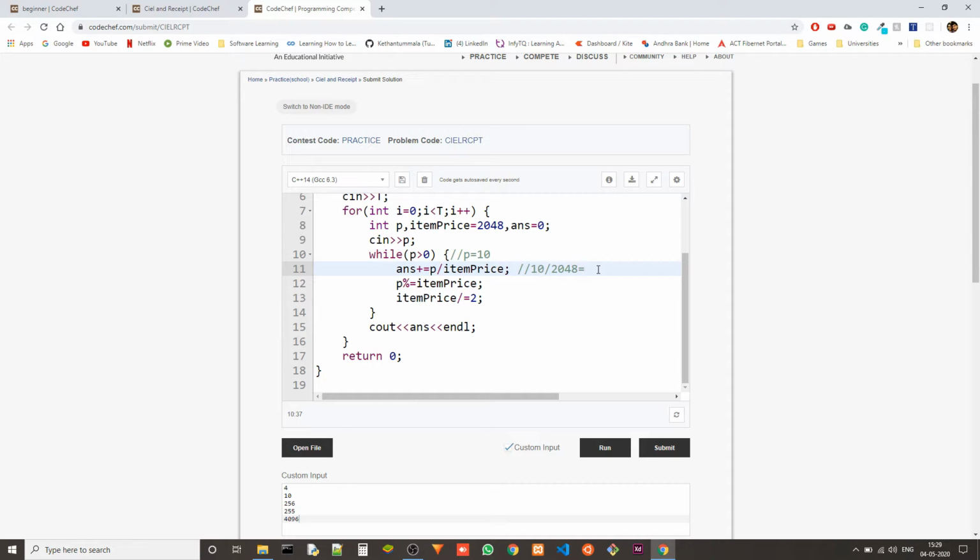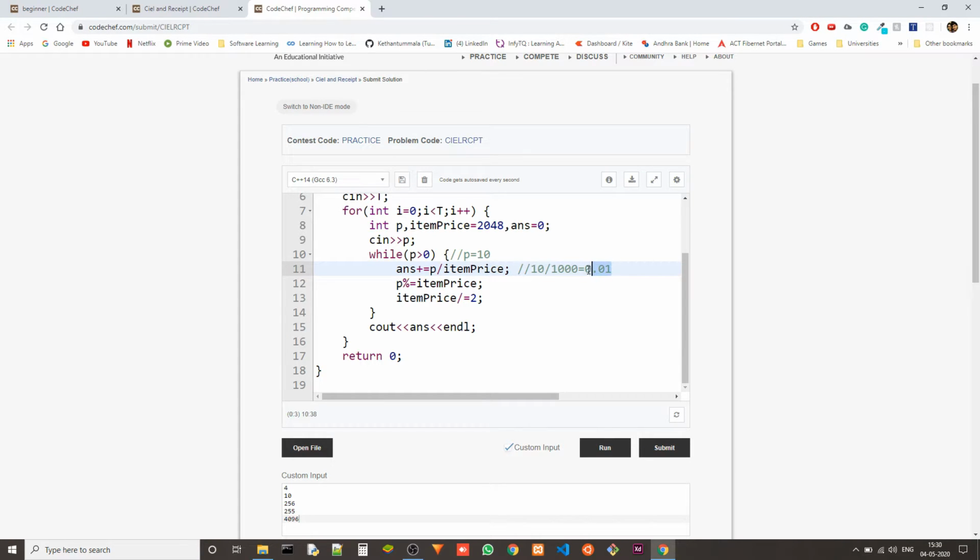We don't care about the decimal part. So okay, let's say this is 1000. We should get 0.01. Yeah, that should be it. So we'll get 0.01, but we are ignoring this because this is an integer division, so the output will